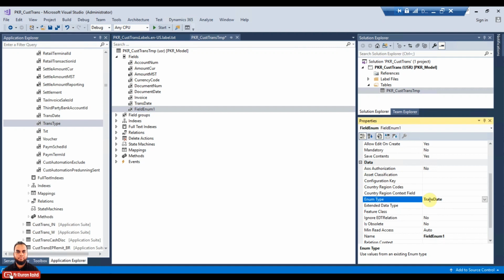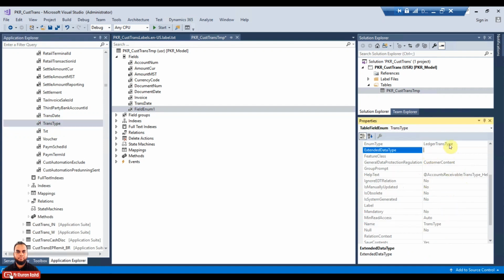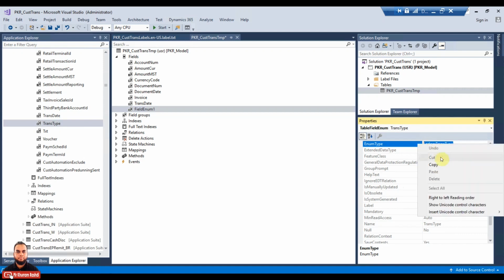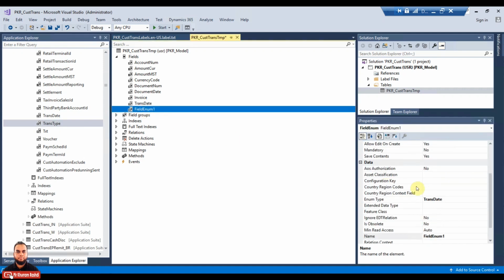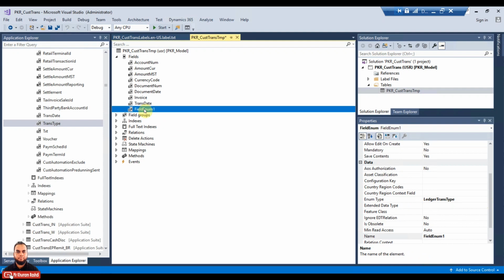So just not trans date, basically it is trans type. So trans type EDT, it is not EDT, it is an enum type. So ledger trans type is an EDT enum. So in the enum type you can just put here ledger trans type, which is ledger transaction type. Basically there are so many transactions happening from each of the sub ledgers into the ledger, and those will have a certain transaction type. Just give it a name like trans type,